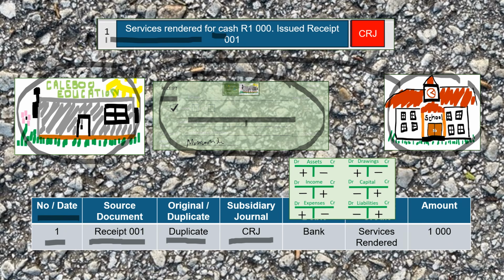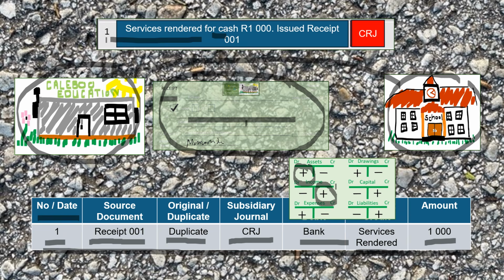Now the accounts that are debited and credited, we've done this before. Bank would be debited, increase in assets, there it is. So bank would be debited and services rendered would be credited. Services rendered is income, and an increase in income according to the rules gets credited, and the amount was 1,000. You are going to have to be able to complete this table,